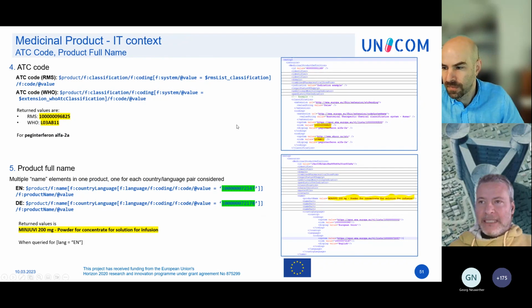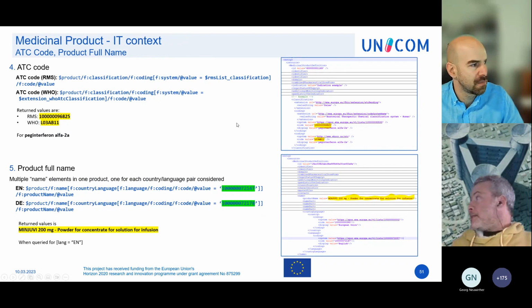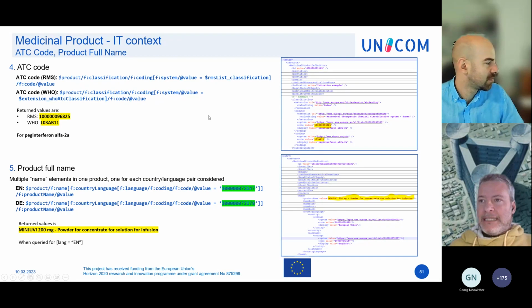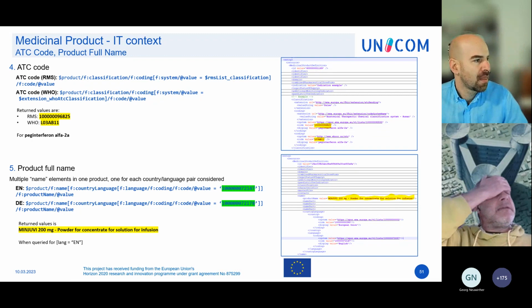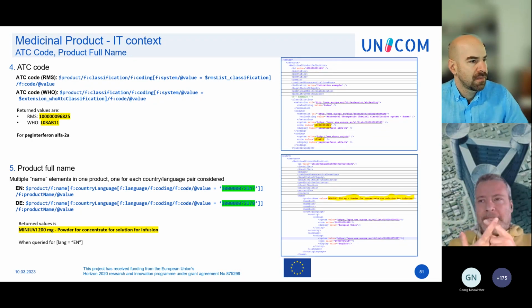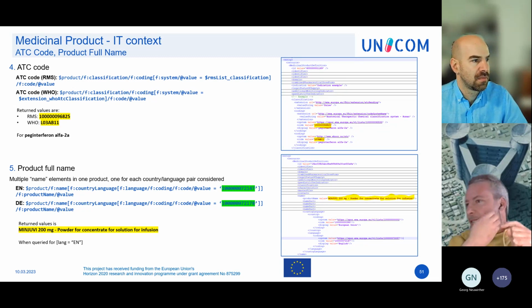So the other elements that we get from product: ATC code. We have two classification systems for ATC, the RMS one and the WHO one. The two of them are siblings inside this XML structure.